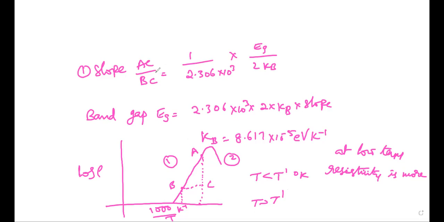So that is the four probe method to measure the band gap of the given semiconductor, like germanium, and the resistivity of the given semiconductor using the four probe method. Okay, thank you students.